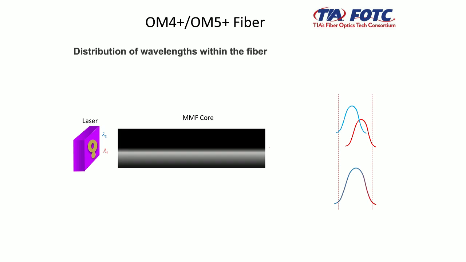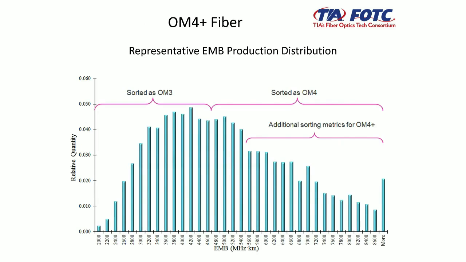And what it does is it spreads out the pulse. This was not well understood in the measurement, the DMD measurement that we talked about earlier. And this is an additional characteristic that increases the bandwidth of multimode fiber. So we call those OM plus fibers, OM4 plus,